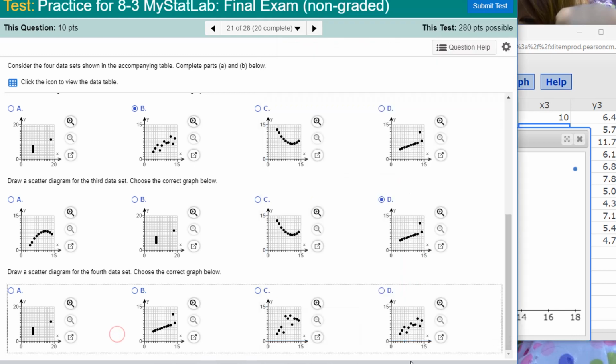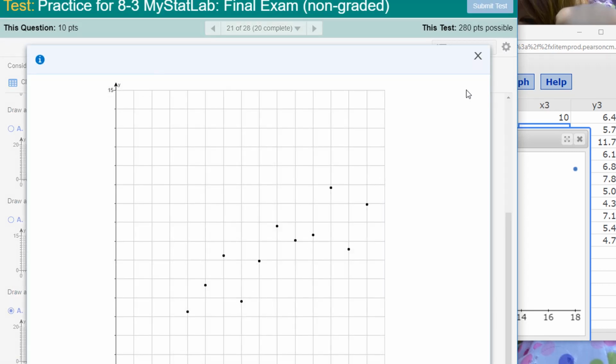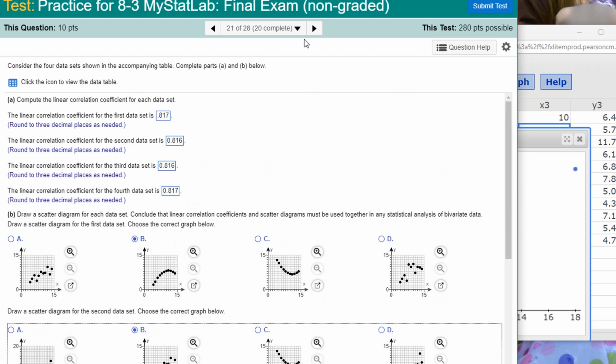Now, since the shapes are so specifically different, I'm not bothering changing the scaling of my scatter plot, but I can recognize exactly what it is. Yeah, so I guess the point of this is that just because you have a high correlation, it doesn't mean that you have a linear relationship. Only this scatter plot here has what we'd call a linear relationship. The rest of them are, well actually the one with the outlier is a very good linear relationship, but this one's curved and this other one is just funky. So yeah,